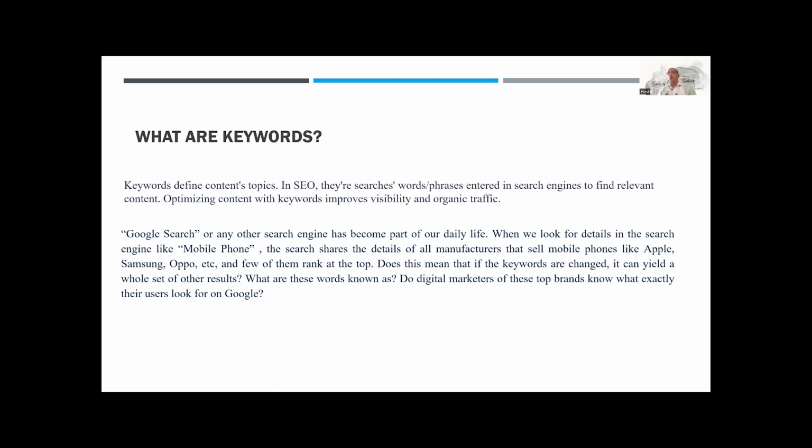Now, we have been talking about SEO. What does SEO stand for? SEO stands for search engine optimization. In simple terms, SEO means the process of improving a website to increase its visibility in any kind of search engine like Google, Microsoft. What is that search actually meant for? The search is actually meant for the products that are being sold or the services that have been provided. So search engine optimization is the process which improves website visibility.